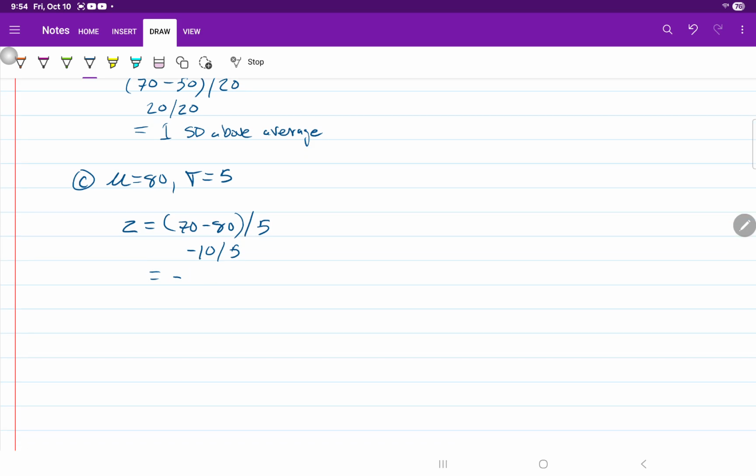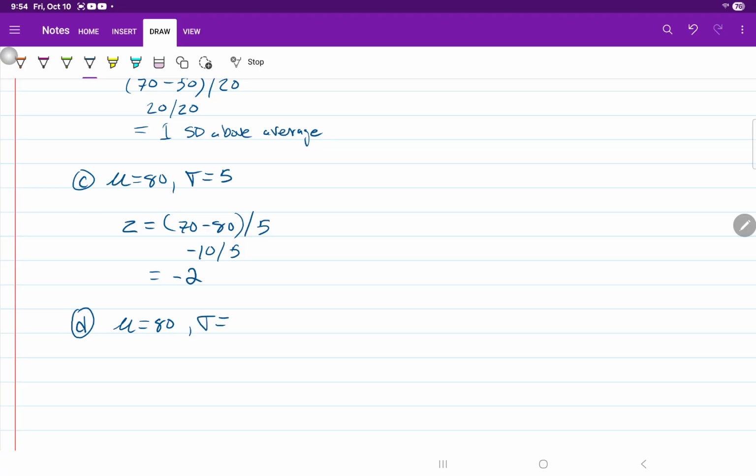Z equals, let me make sure that looks like a Z. It doesn't, it's not supposed to look like a Z, it's supposed to look like a 2. Okay. 2 SD below. Well, just negative 2 is fine. Z equals negative 2. How about class D? Did we do better in class D? Here the mean was again 80. And the standard deviation though, well wait a minute. The standard deviation